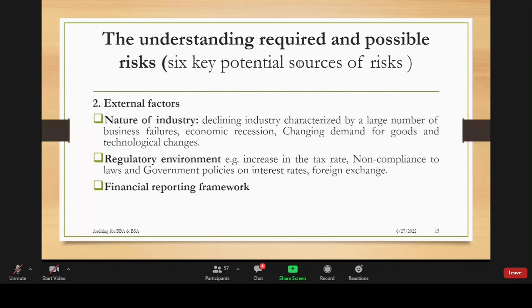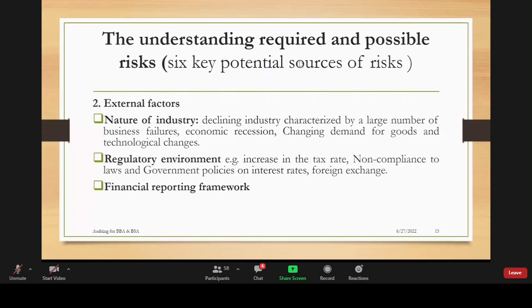Technological issues. Like I said, highly technological companies have a lot of exposure. For example, you know the issues with mobile money. A lot of people are losing their money because these guys are playing with systems. So the nature of the industry, for example, in the insurance industry, there's a lot of risk of understating reserves.